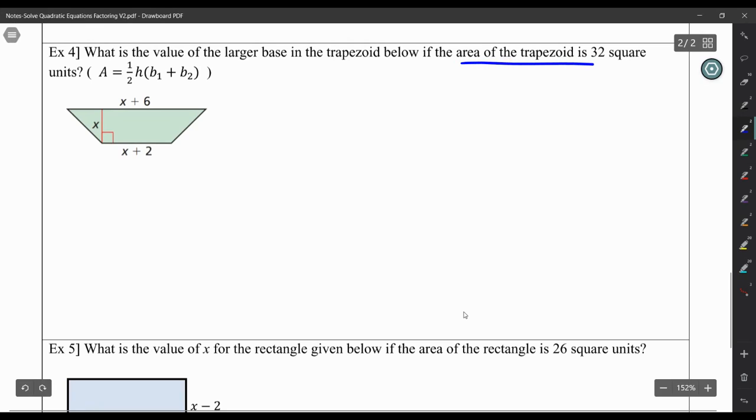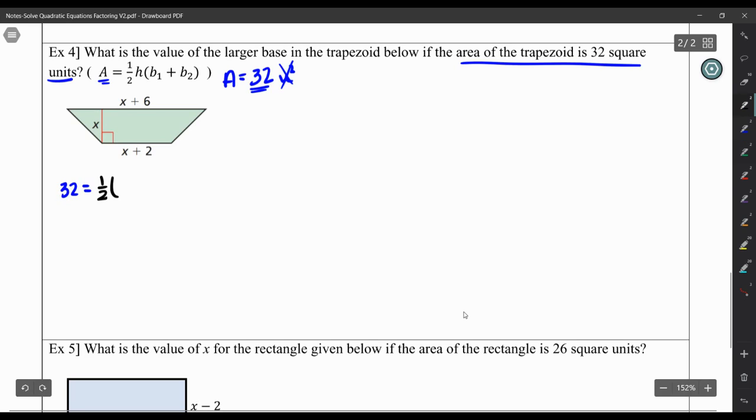Now that doesn't mean you're going to take 32 and square it. That's what the area is. Area is always like square feet, square inches, square centimeters. So it's just simply 32 units squared. You don't really need this piece. So 32 is what the area is. So we're going to take 32, plug it in here. So we have 32 equals, now 1/2 is part of the formula,